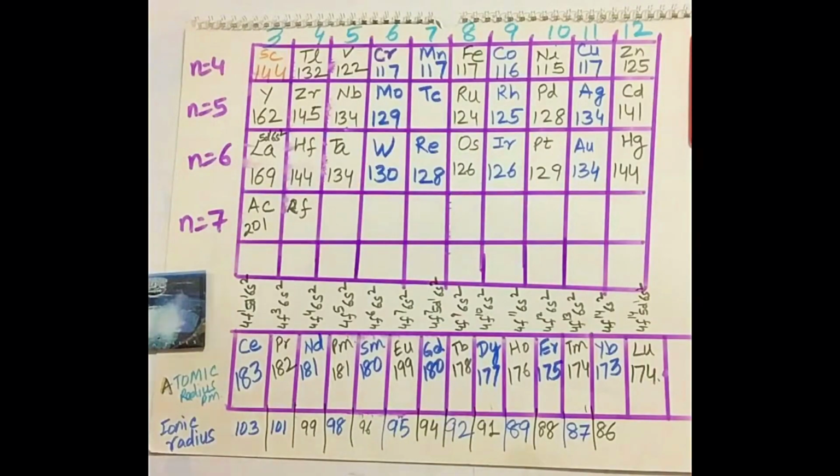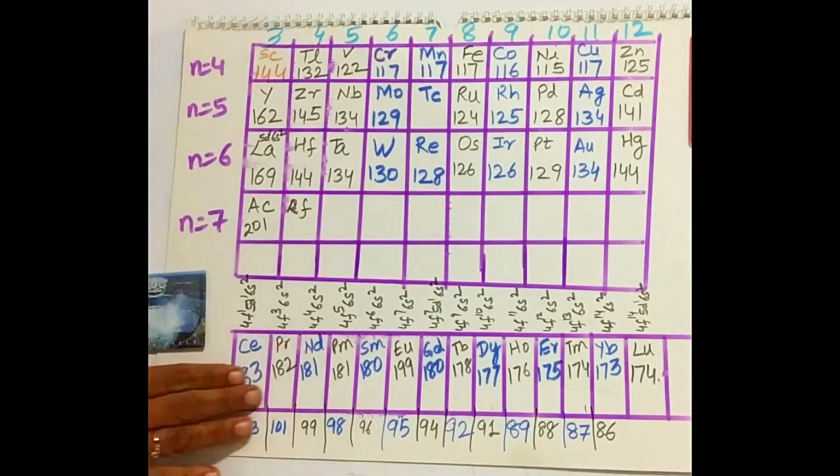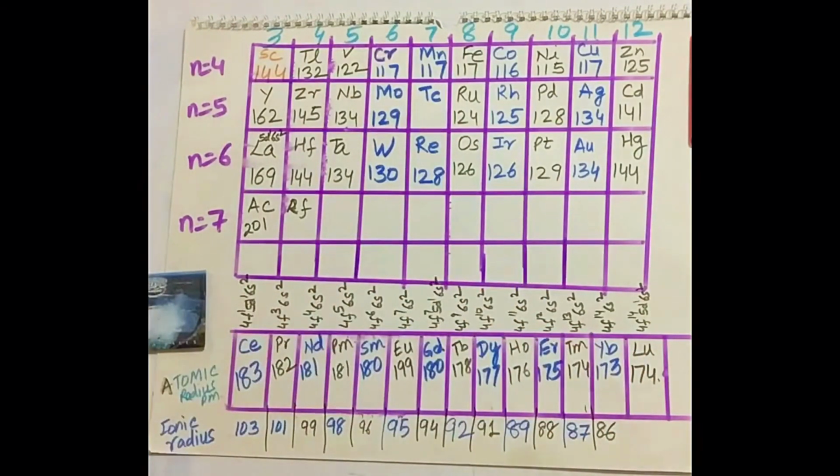Lesson 4: D and F block elements. As you can see, I've got the D block elements listed here and a part of the F block, wherein I've just taken the lanthanides. Why have I done this? So that you are able to relate to what we are going to talk about today,